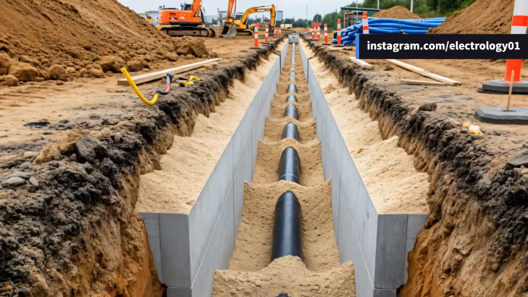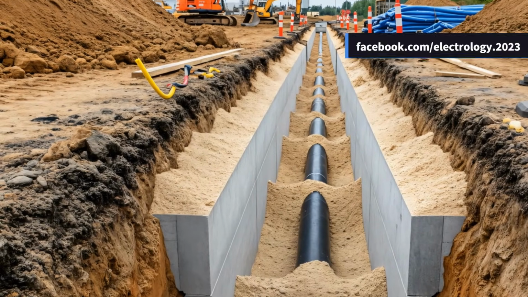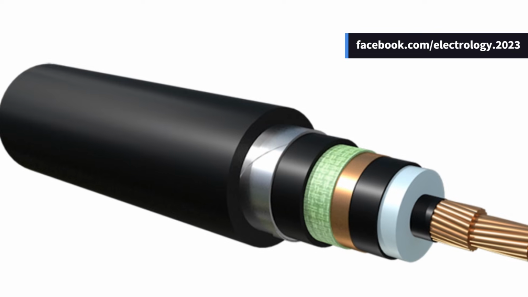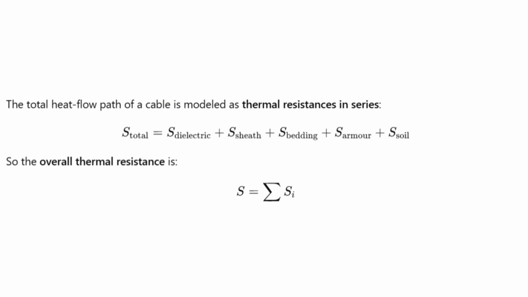Now let's relate all this thermal theory to the actual current that a cable can safely carry. Heat generated inside the cable must escape through several layers, first through the dielectric, then through the sheath, then through the bedding and armor, and finally into the surrounding soil. All these layers behave like thermal resistances connected in series, so the total thermal resistance is simply the sum of